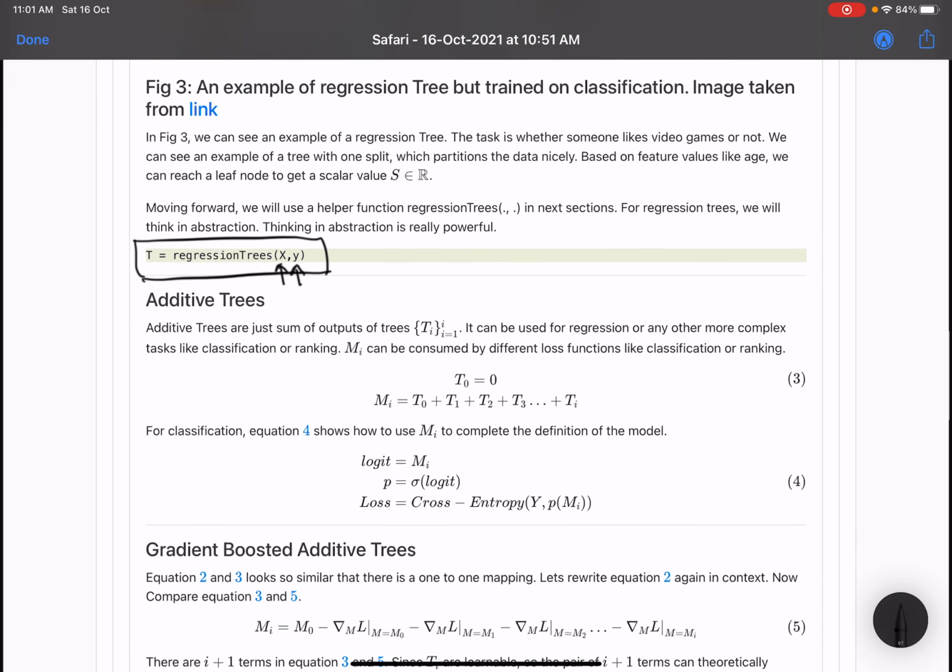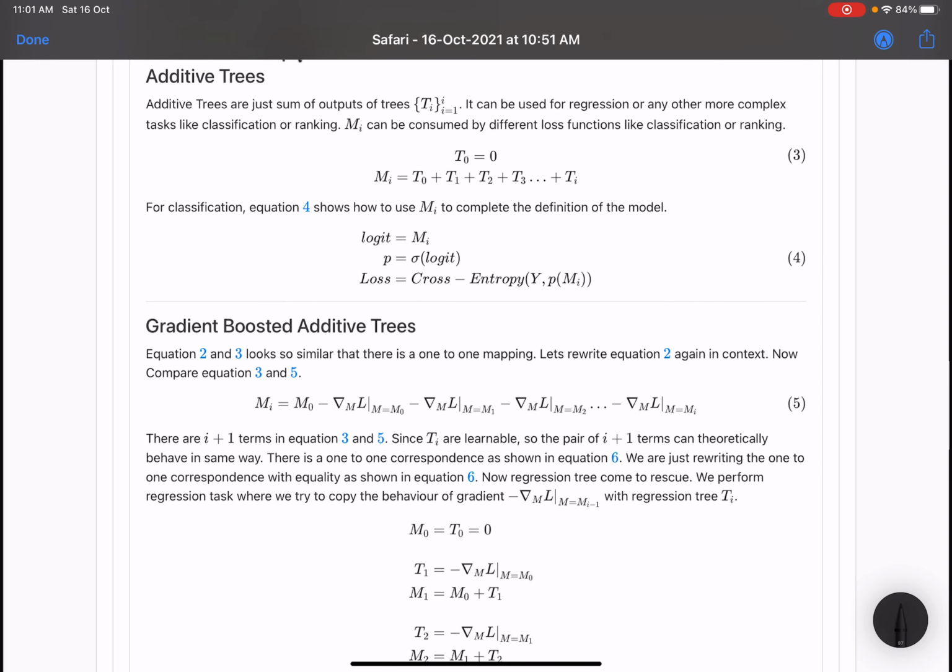Now let's take a look at what additive trees are. Additive trees is nothing but this model Mi, which is just a sum of trees. So Mi is a sum of i plus 1 trees. We start from t0, and t0 is equal to 0. So basically it's an iterative process. You have to start somewhere.